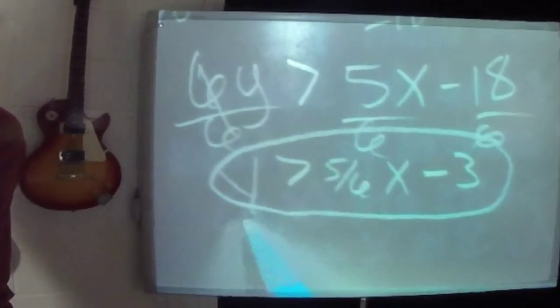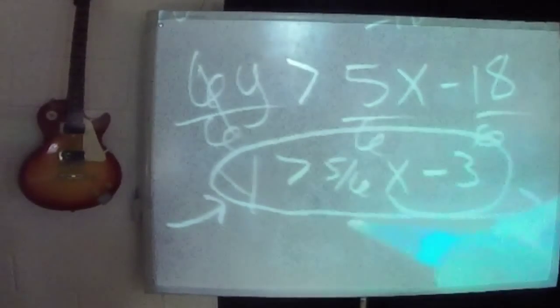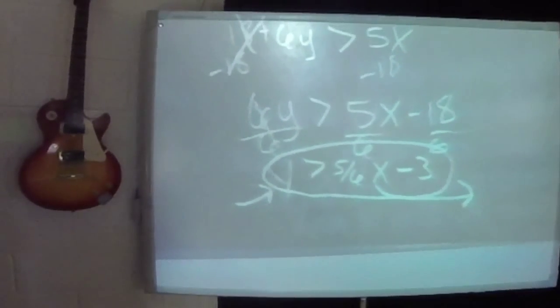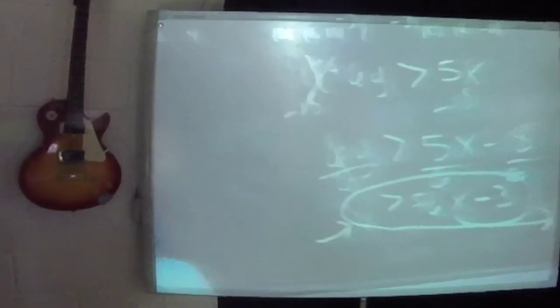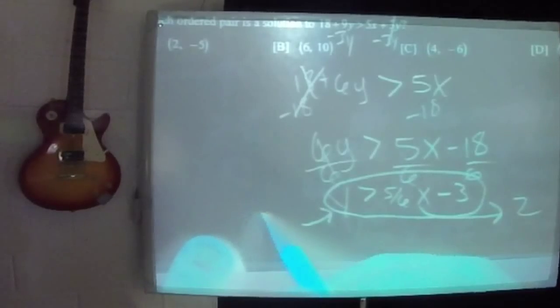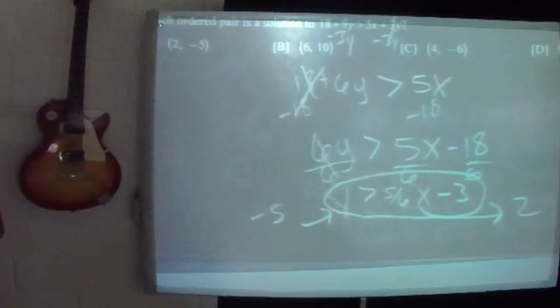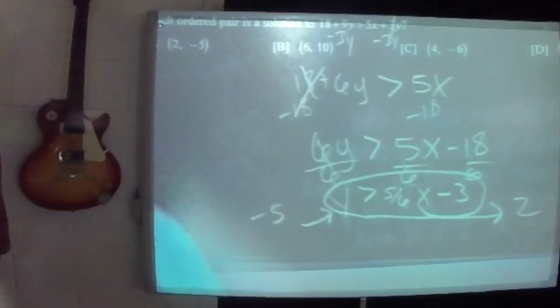I'm short on room, so I'm just going to come out this way and this way. All right, my first answer is 2, -5. Which one of those is the x? 2, and -5 is the y. So put 5/6 times 2 minus 3. 5/6 times